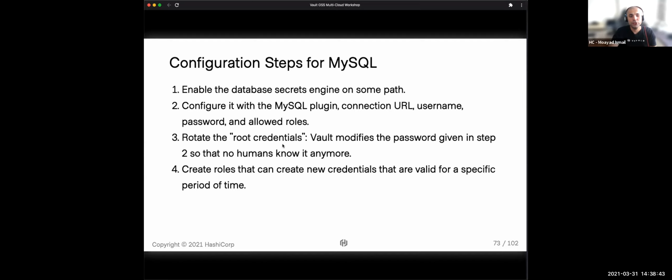Vault also has the ability to rotate the service account credentials that are given to Vault, so no longer is a human able to keep track of that password. I'll re-emphasize that a bit later. Then you create the roles that can create new credentials valid for a specific period of time. That's the TTL.